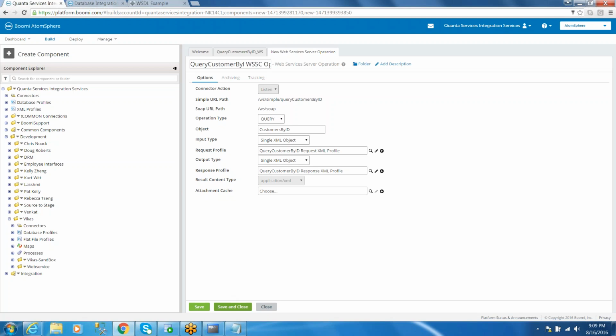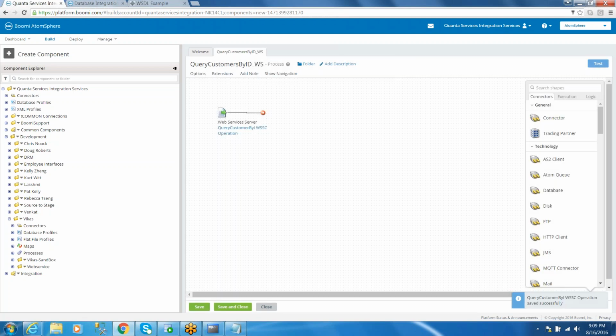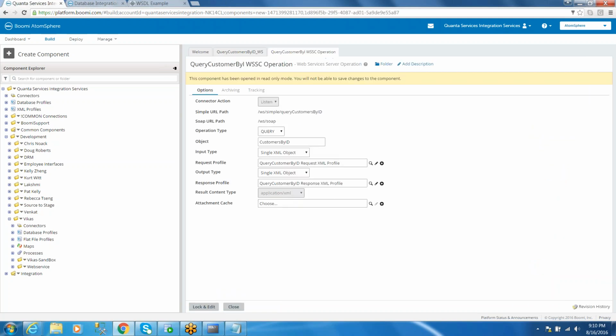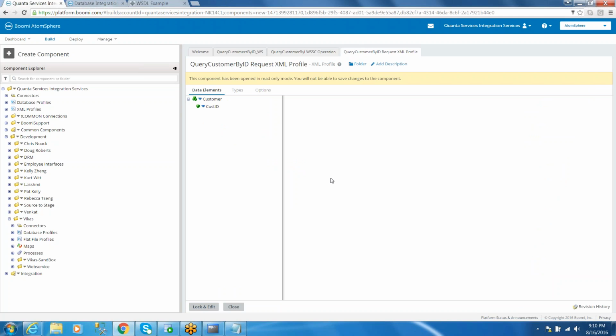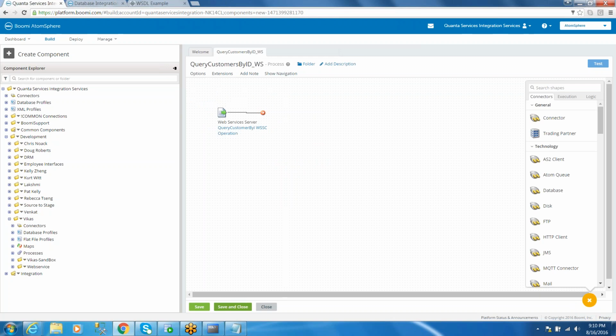So click on it. But when a client sends a request, what would the request structure be? This would be my request structure. If the client is sending a request in this particular format, then as a server from Boomi, I am able to accept the request. After processing it, if you want to send a response back to the client,